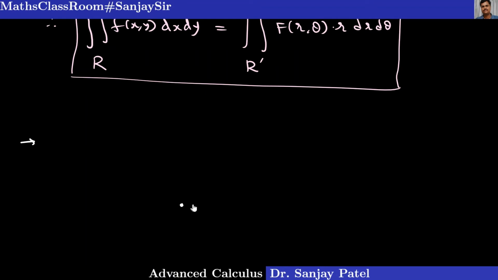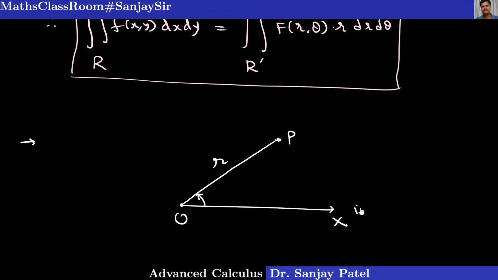In polar coordinates, you have learned that we have a pole and an initial line. We take any point P here, and then we join O and P by a line segment, and the length of the line segment is denoted by r, and the angle made by this line segment OP with this fixed line, which is called the initial line, is theta. Then this point P is uniquely determined by the numbers r and theta, and these r and theta are called polar coordinates. So this is known to you, just a matter of recalling.